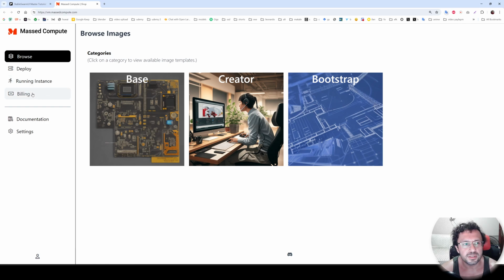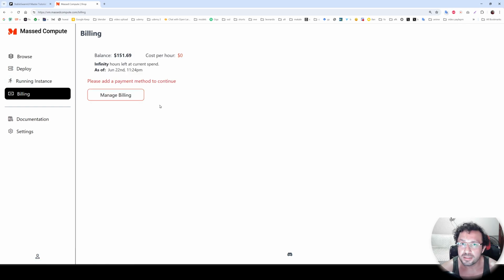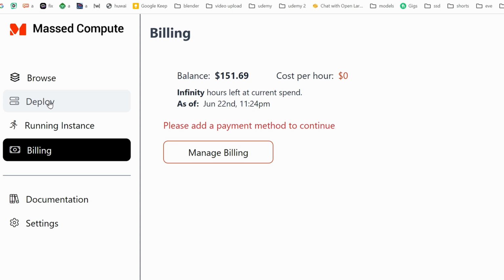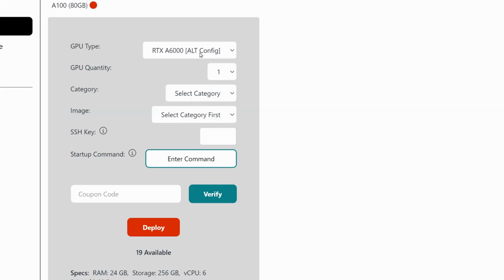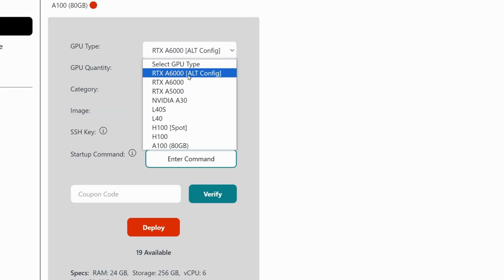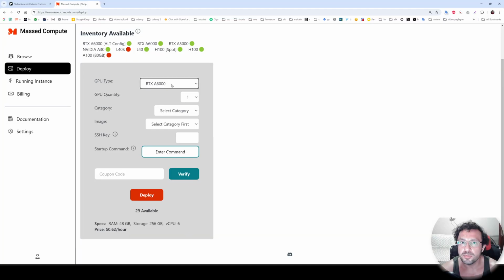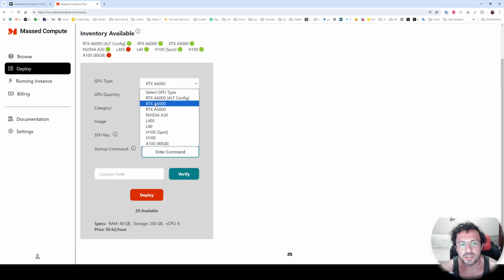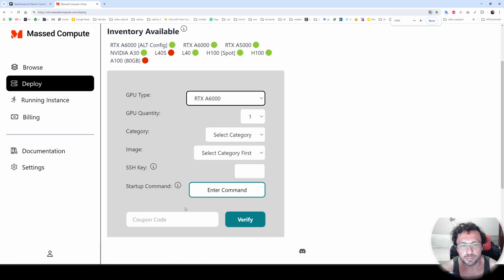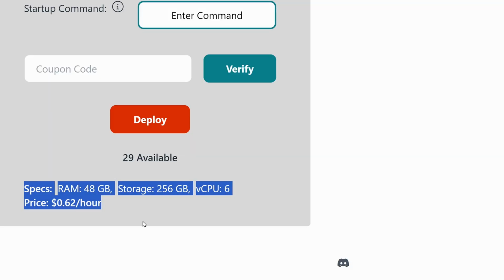Then after you register, enter your billing information, load some balance, then go to deploy here. We have a special coupon code for RTX A6000 Alt Config and RTX A6000. You may be wondering what is the difference. When you select RTX A6000 at the bottom, you will see the configuration like this.